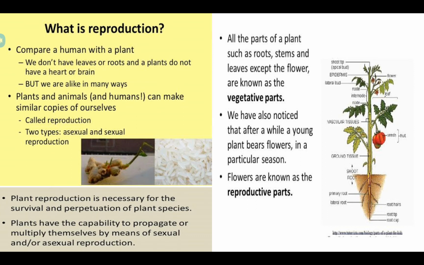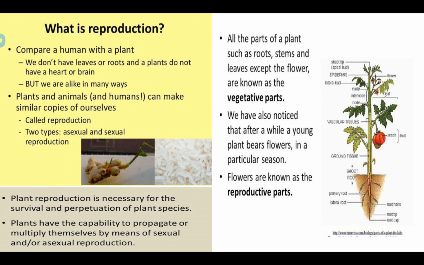Then, once you recall what are the parts of a plant: root, stem, leaves and flower. In these, the roots, stems and leaves are called the vegetative part of a plant. And here the flower, what is the role of flower? Generally, how can we get the fruits? Yes, your answer is correct. We get the fruits from a flower. What do you see in a fruit? Yes, seeds. That means when we sow the seeds, we will get new plants.